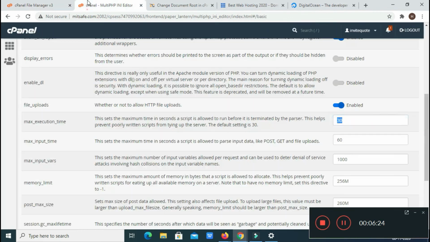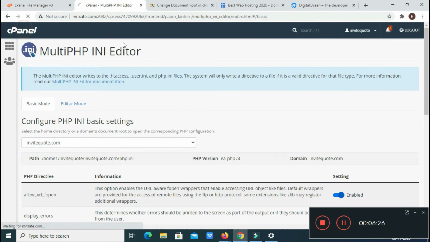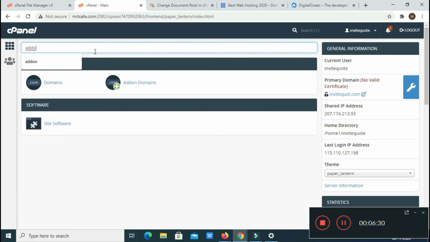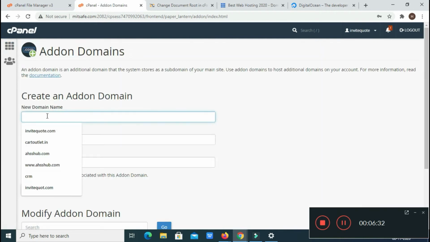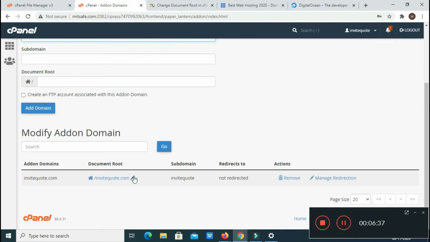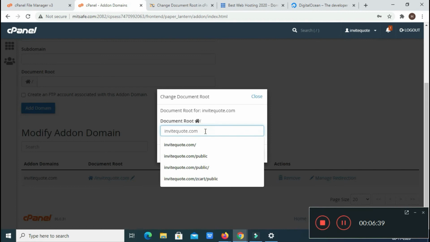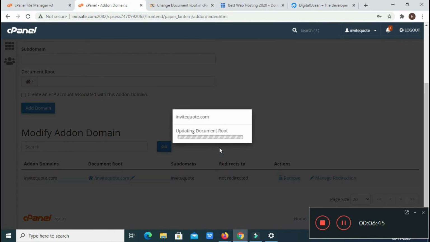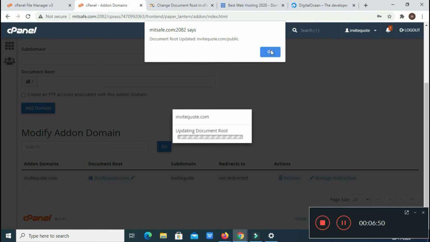On add-on domain, I am going to modify the add-on domain to point to the particular folder /public. Here all things are fine.